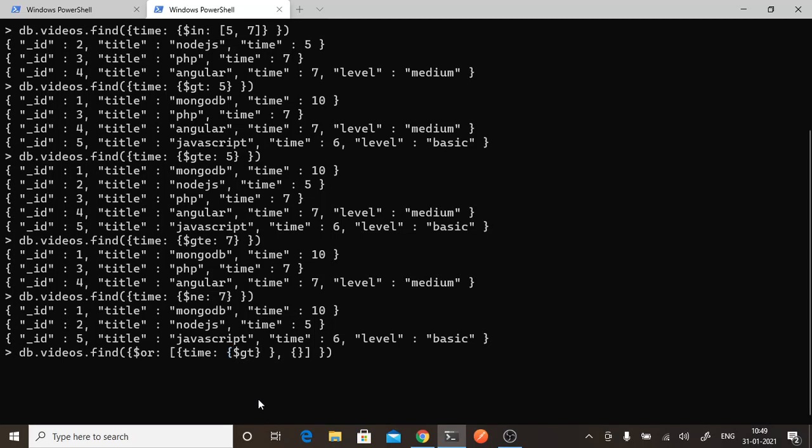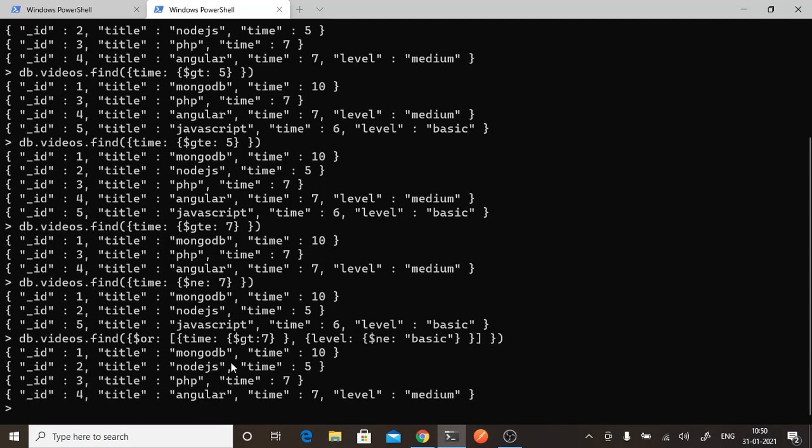So where time is greater than 7, either time is greater than 7 or one more condition: get all the records where time is greater than 7, or if there is any record where level is not equal to, again one more operator, curly braces, $ne basic.